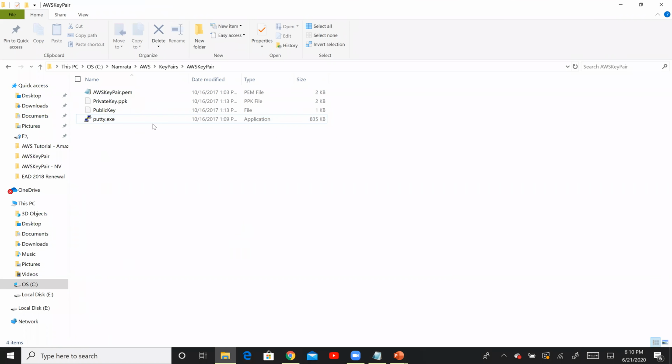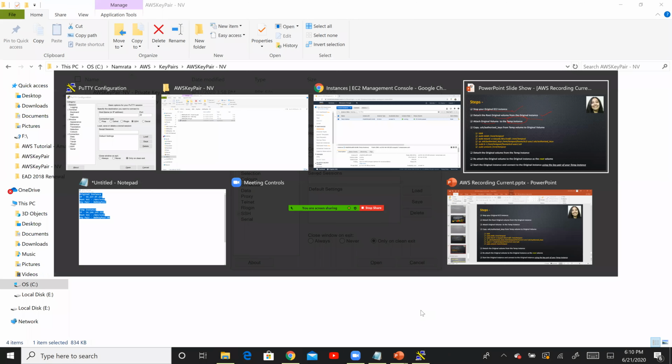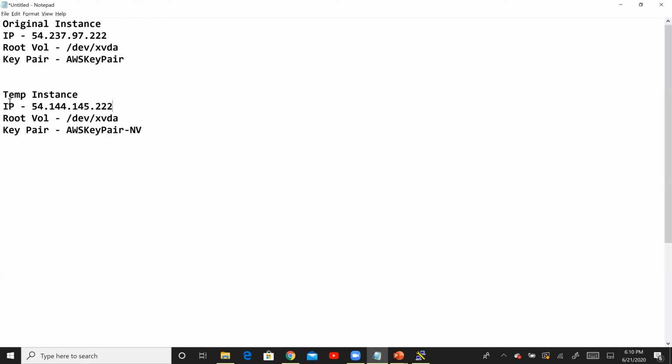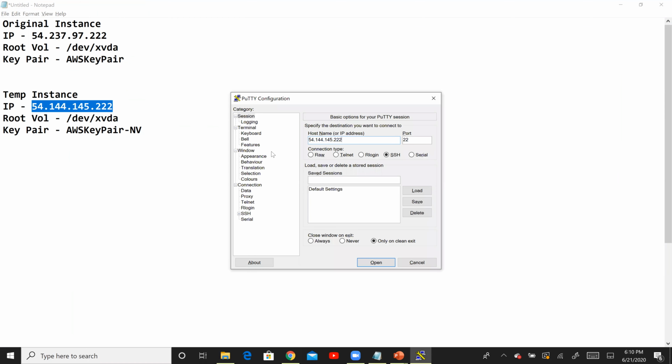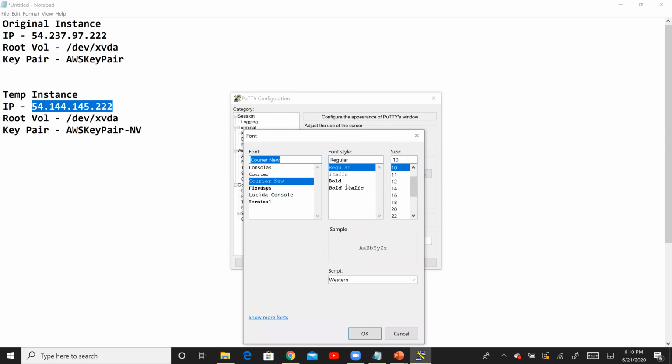Okay, these are my AWS key pairs, and this is my key pair for the temp instance. I'm going to PuTTY into it. My IP address for my temp instance is right here, so I'm going to copy this and paste it right there. I'm going to increase the font so that you can see clearly.